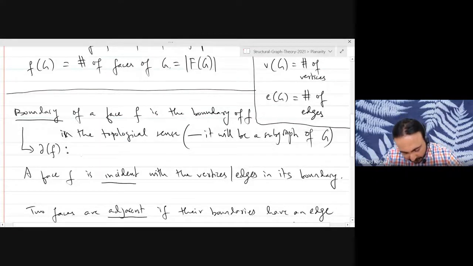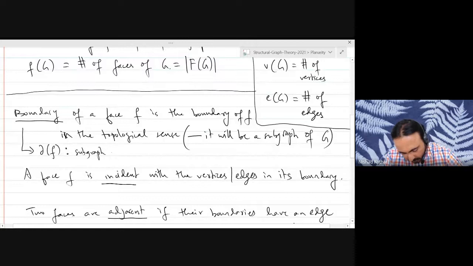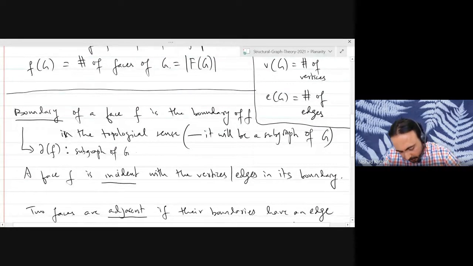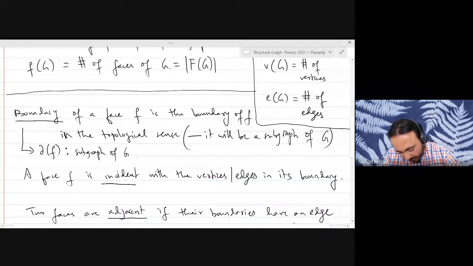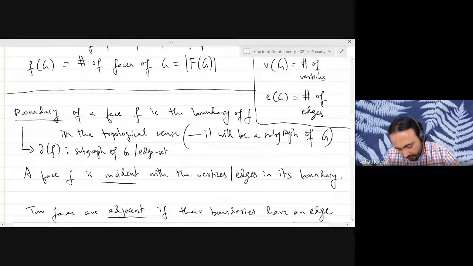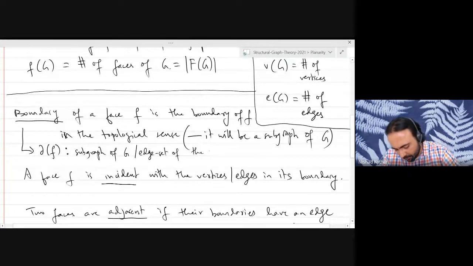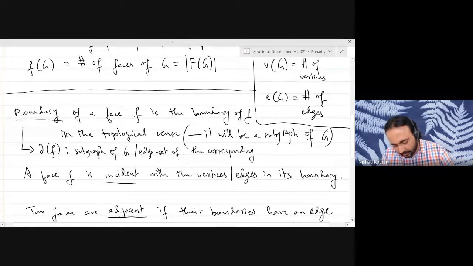And you can think of it as a subgraph of G, or you can also think of it as the edge set of that subgraph, especially if your graph does not have isolated vertices, but I won't write that down, right? In most cases, we will not have isolated vertices. Okay, and you will see soon why we are using this notation, which is the same notation as the edges incident at a vertex, you may remember, or also the notation we use for cuts of a graph.